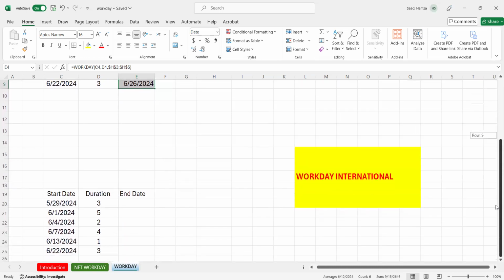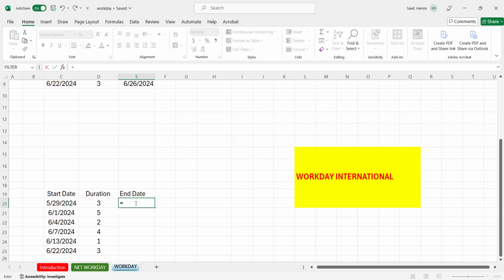Now, when I go to WORKDAY.INTL here, I'm gonna consider the time zone area and also consider the off days for all my team. Then what I'm gonna do here, I'm gonna say equal WORKDAY.INTL, the second one. Then I'm gonna double click this one. Now for this one, the only difference between WORKDAY and WORKDAY.INTL is just the weekend that gonna be added in the second